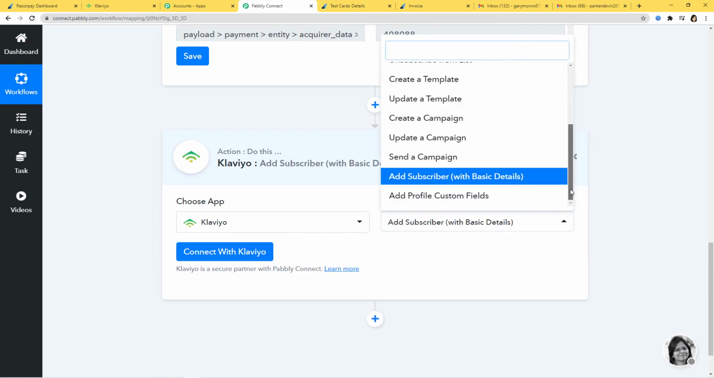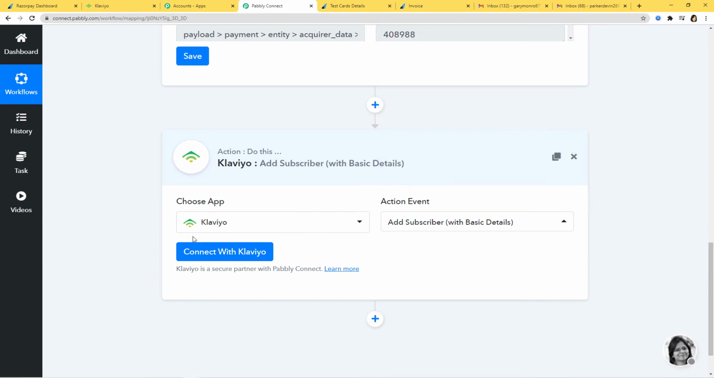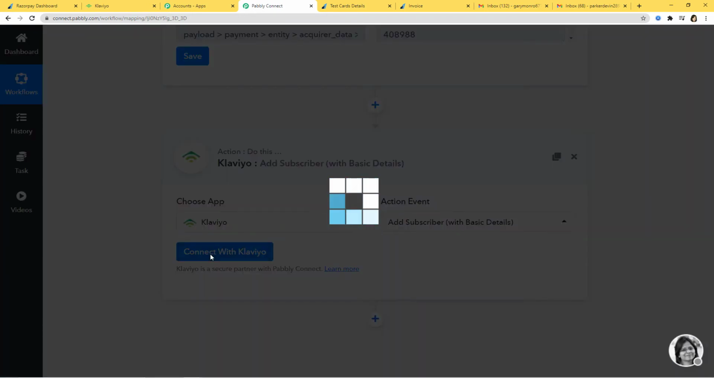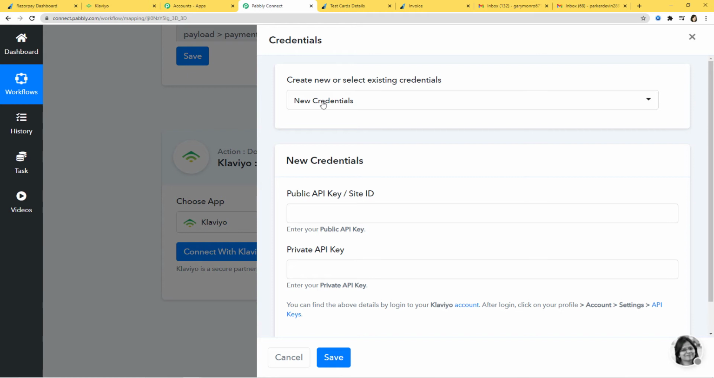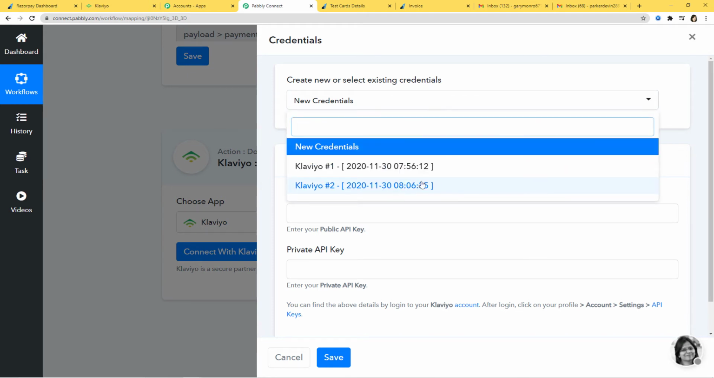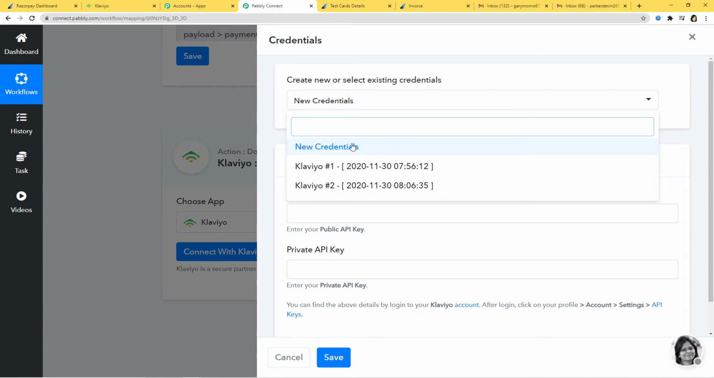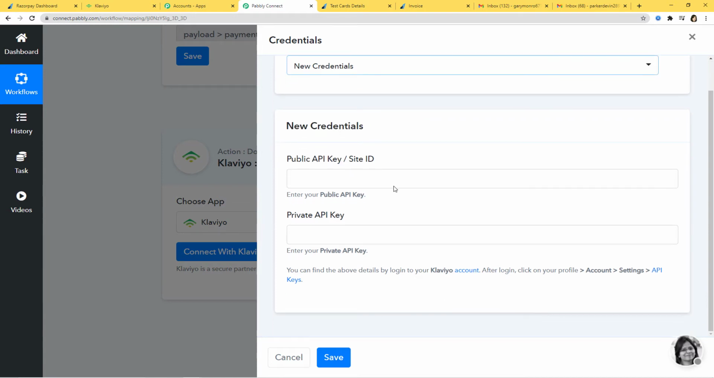Now you can see we have various action events available. You can select whichever action event is fine with you. And if you don't get the action event of your choice, you can contact our team at admin@pabbly.com and our team will help you. So now I'm going to connect with Klaviyo. Create new or select existing credentials. If you have any existing credential like this, you can just click on them and you can go ahead with that. Here I am going to click on new credentials